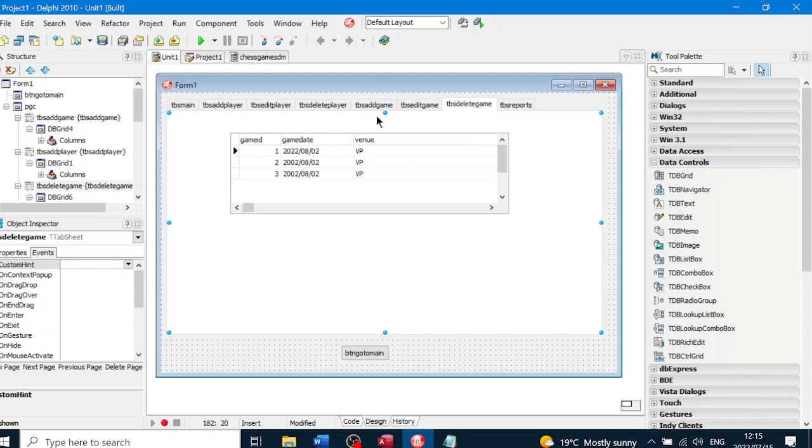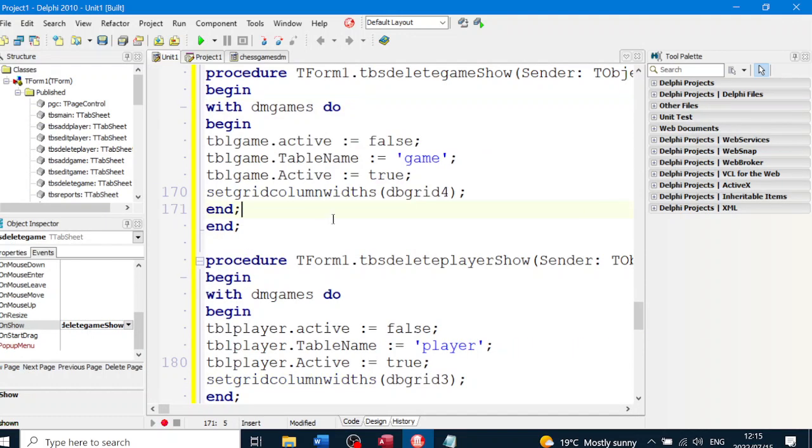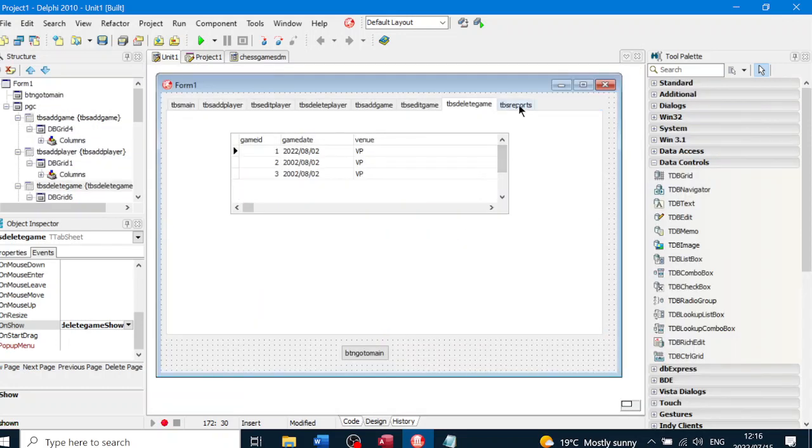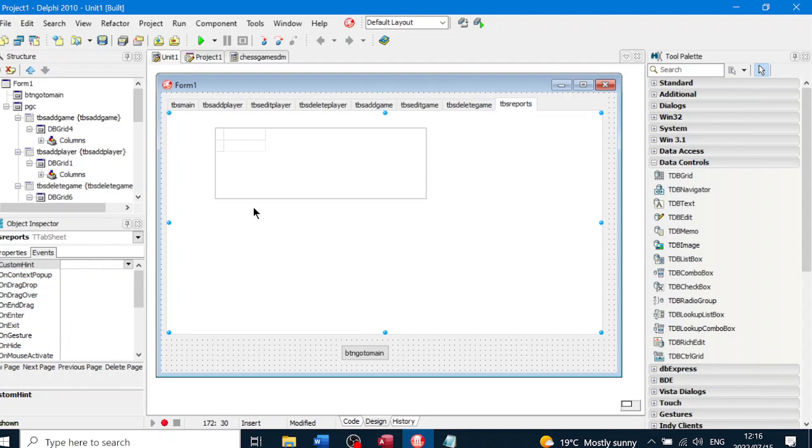Make sure you clicked on the tab sheet. Make sure you can see those blue dots there and there. That top line must have some blue dots on. Then you've got the tab sheet selected. And the on show event, Control V, and we know we're in DB grid 6. And then the last one is going to be a little bit more tricky. We go to the on show event,